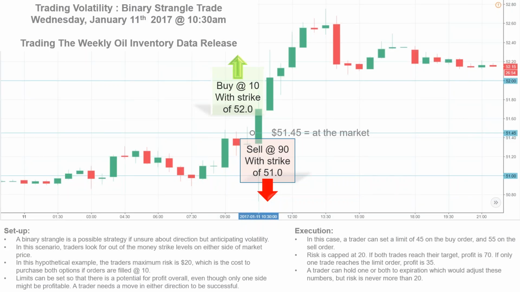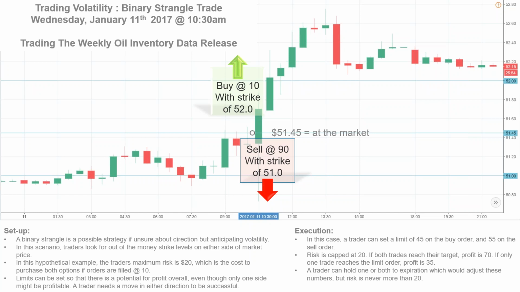And this is a really interesting example. So let's get in our time machines. Let's go back in time to January 2017. We have a new president of the United States. This is an actual historical example. These are real events that happened. And you're heading into the oil inventory report. So you're trading oil, you're going into the oil inventory report, and there's a lot of things going on,